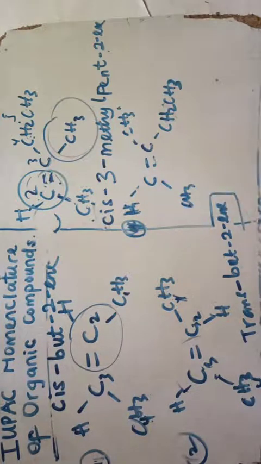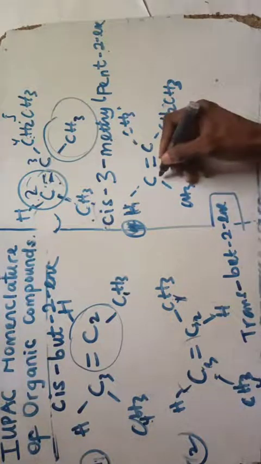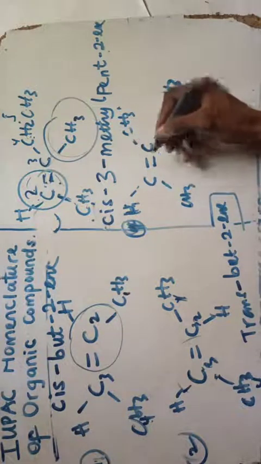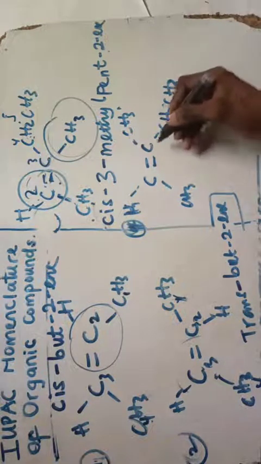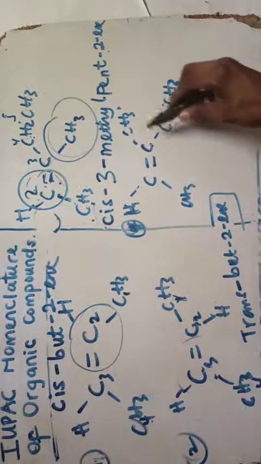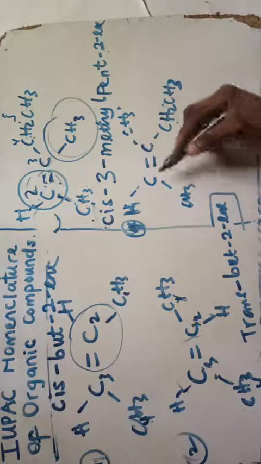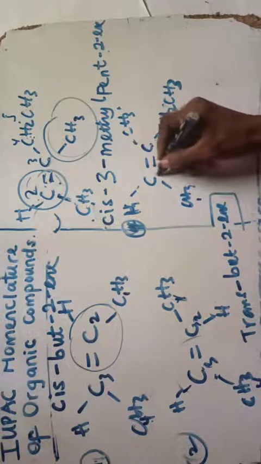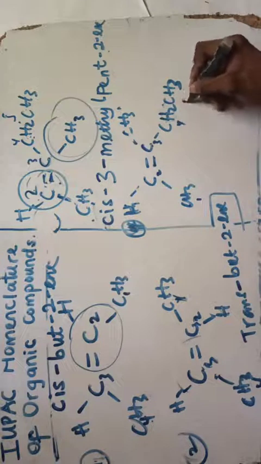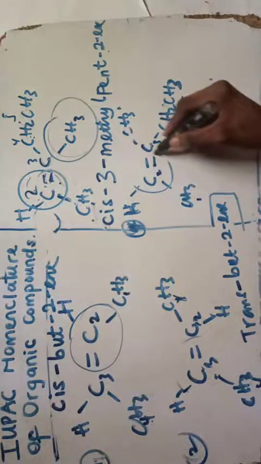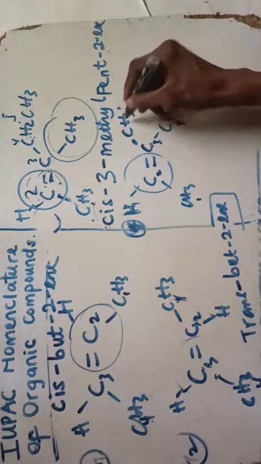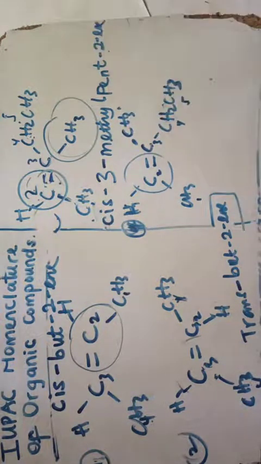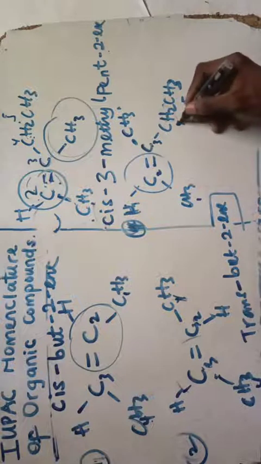So you found the longest chain as well. What is the longest chain that is closer to the branch? Here, 1, 2. If I count 1, 2, 3, 4, it is wrong because it's very short. 1, 2, 3, 4, 5 is very long, but it's farther from the branch here. So this 2 is the one carrying the double bond, and I'm gonna have that trans because I can identify 2 same groups that are on this side and this side, upper and down.